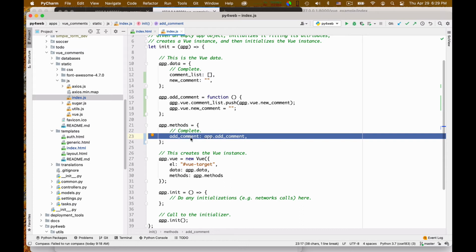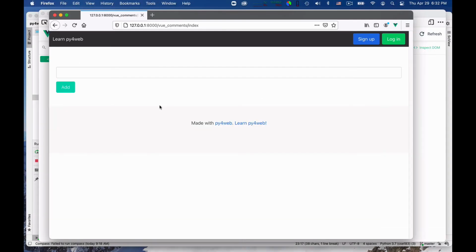Okay? So let me see whether this works. So this is Firefox. It's a special edition of Firefox that I keep for development. And what makes it special is that I installed as an extension the Vue Dev tools, which makes Vue debugging much easier.